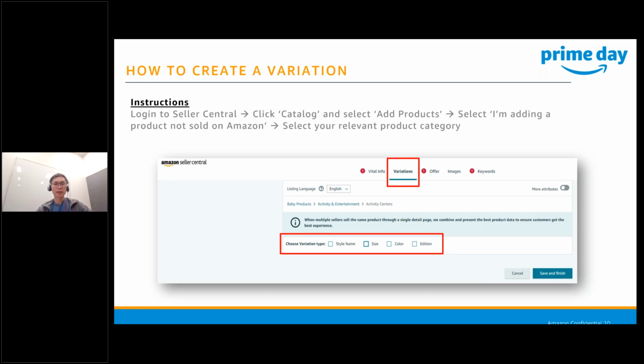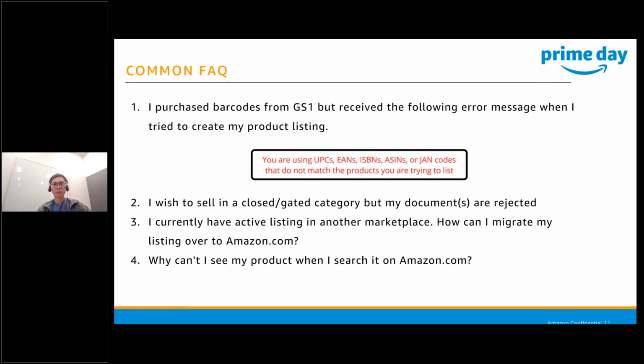But don't worry, in Seller University, we also have a guide here to guide you on how you can create your product variation step by step that you can take reference from. And if you do encounter any difficulties, there is also an option inside the Seller Central portal. You can reach out to the seller partner support as well to assist you. Right, so far so good.